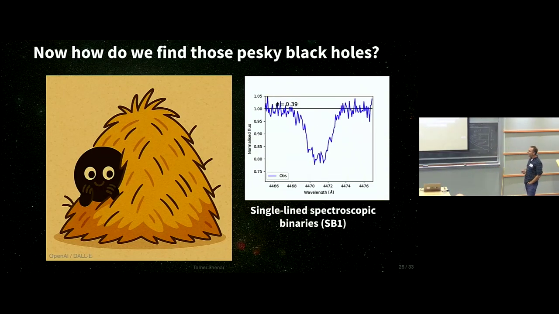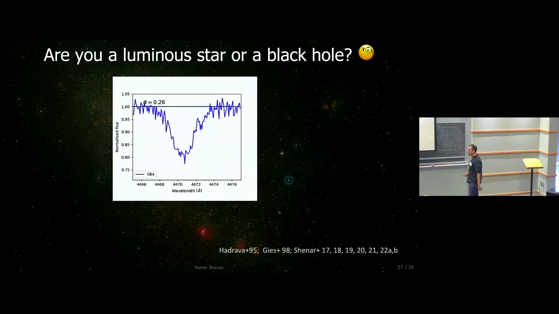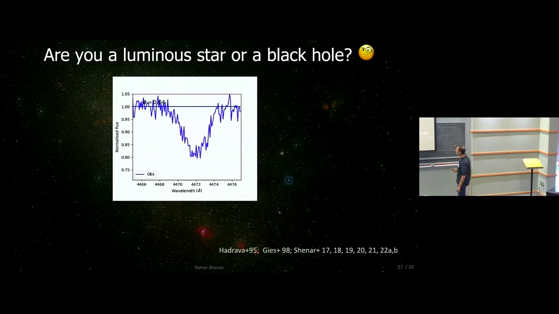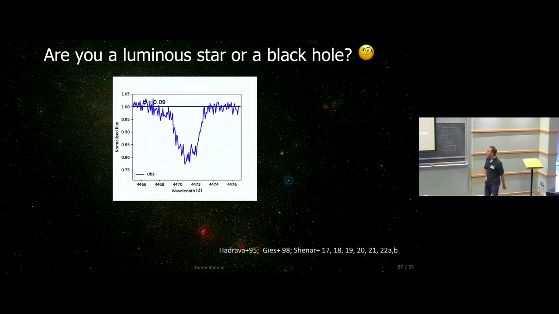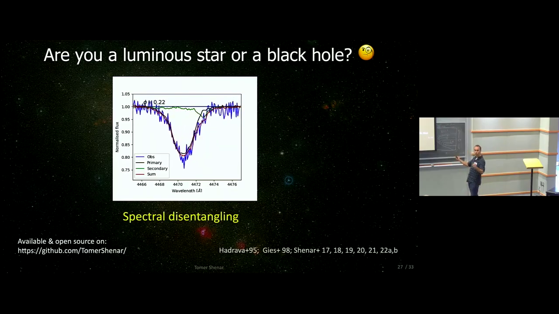on. Well, in a spectroscopic survey, we're looking for single-line spectroscopic binaries. Okay, so basically stars that are moving around something we cannot see. And so we already heard very nicely some talks by Reese and by Kunal about how we can actually deal with this. How can we tell if there's a luminous star in there? Various approaches of how to deal with it, but if you want to go agnostic, spectral disentangling is the choice.